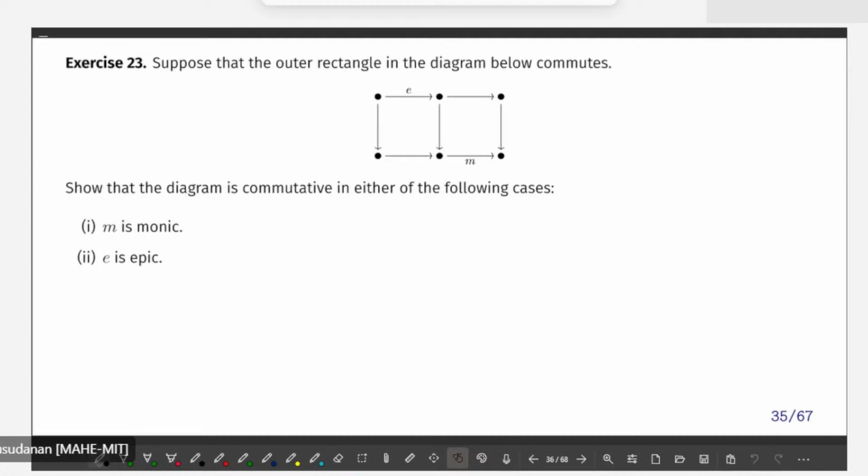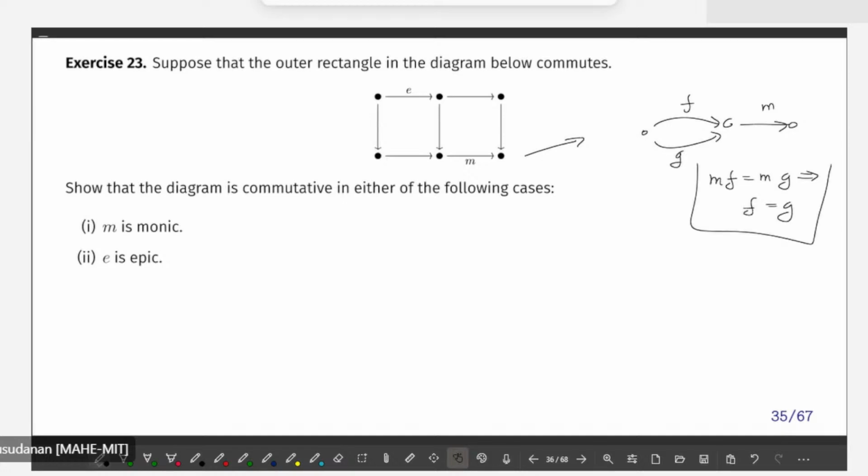Suppose it is given that M is a monomorphism. M is a monomorphism means you have this is Q in the first case. Using this, you have to prove that the outer triangle commutes, which is given. Using these two things,